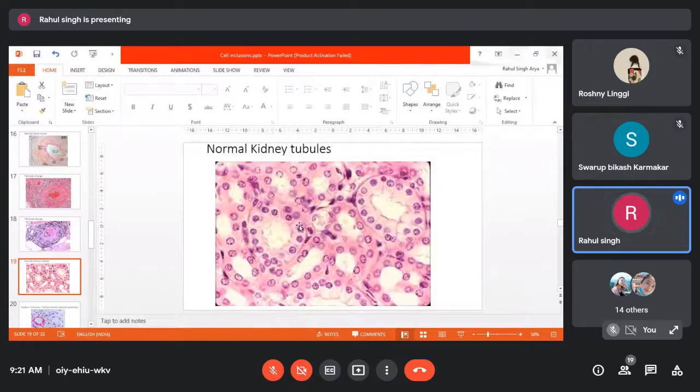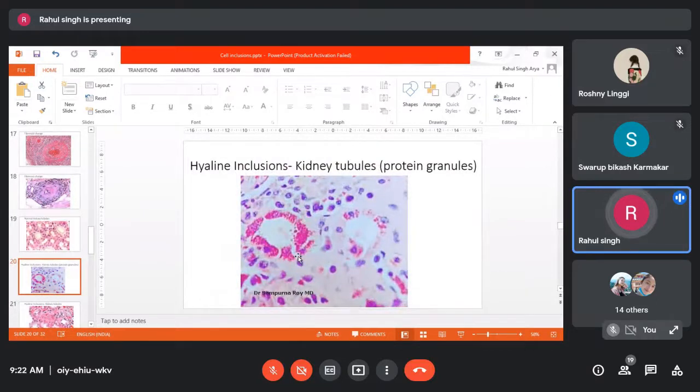Okay, but this is overall normal kidney, because some or the other change will be going on, because it is taken from a dead animal or slaughtered animal. Some changes here and there will always appear, but overall it is normal kidney structure. At least histology is more or less normal.